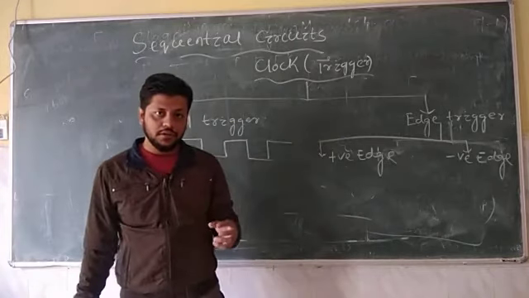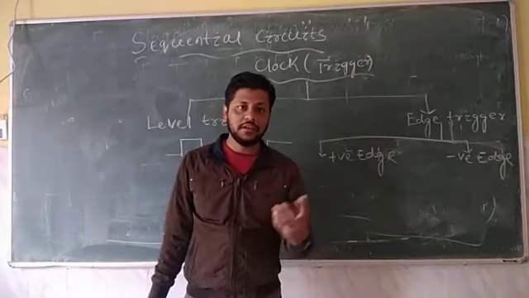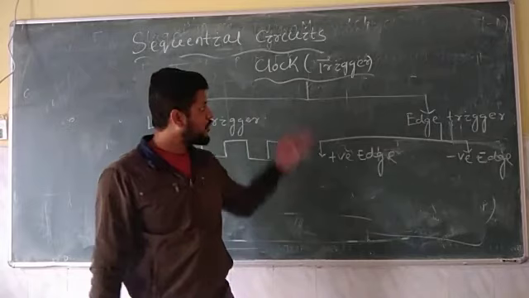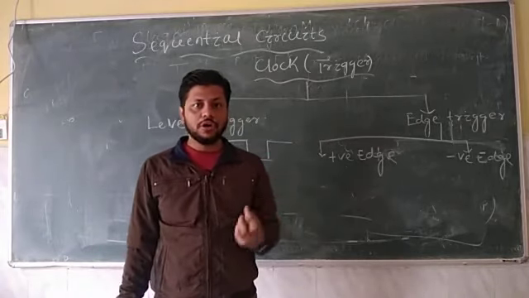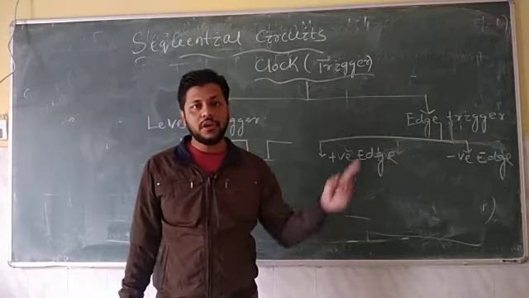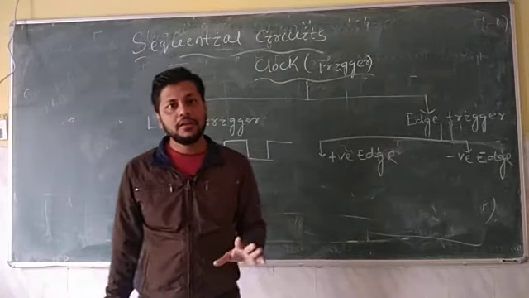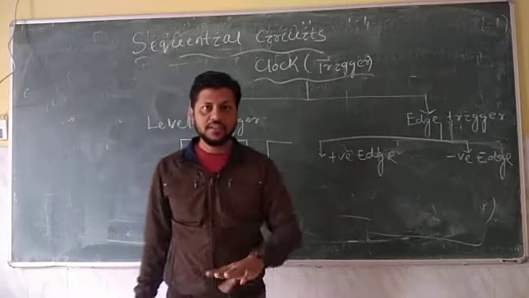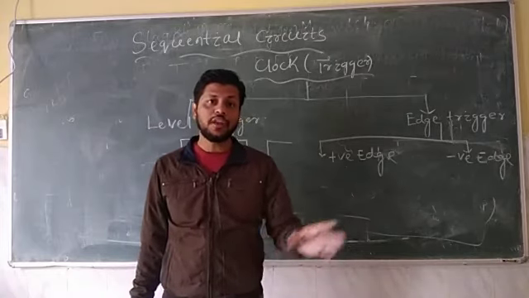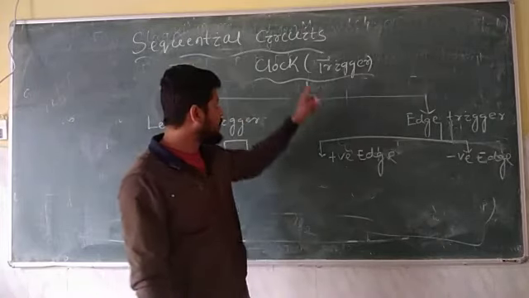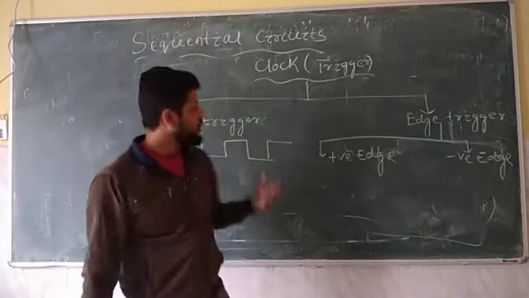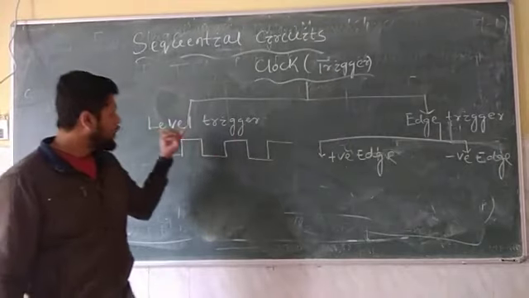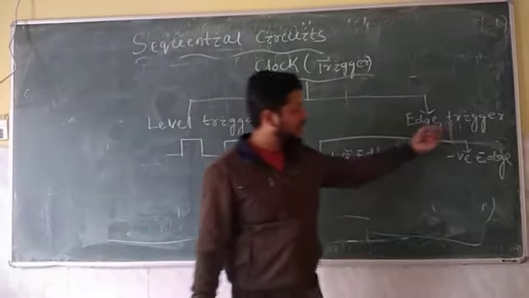Clock we always apply in sequential circuits, that is your trigger signal. This clock is going to decide when the output is connected to your input or present state, when the output is going to change or respond to the input. It is decided by this timer circuit, known as your clock or trigger. This clock is of two types, level trigger as well as edge trigger.